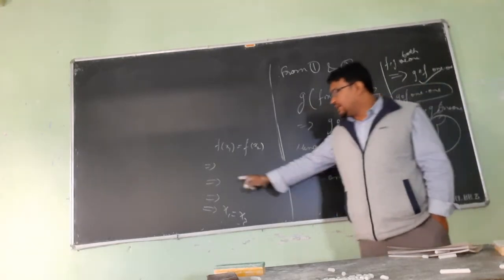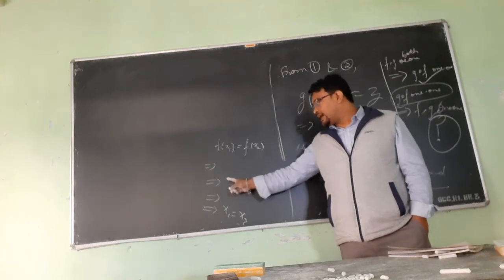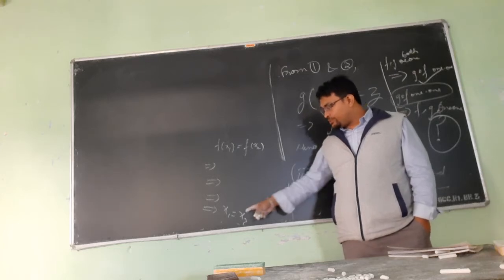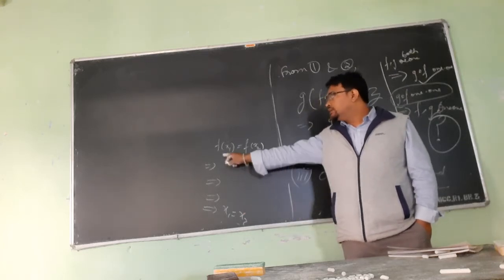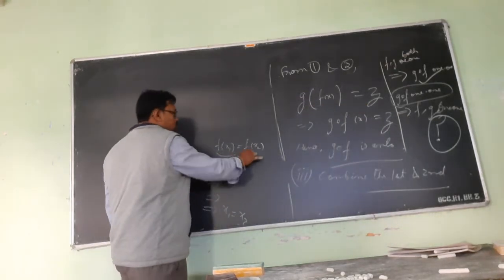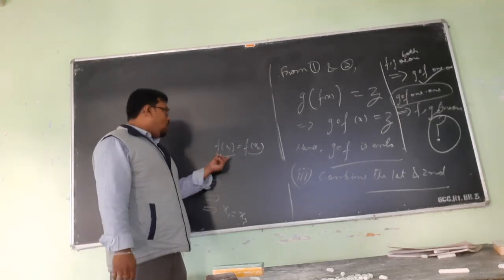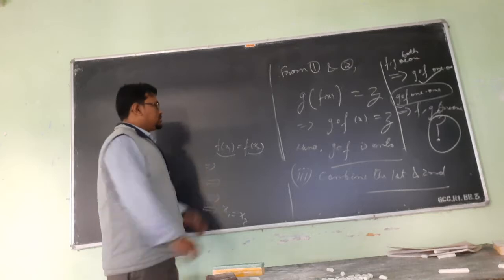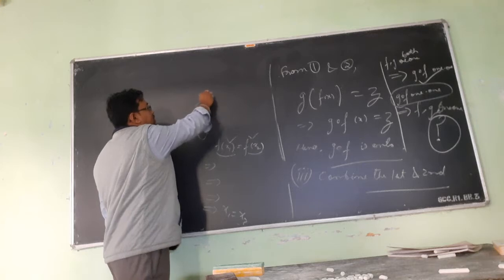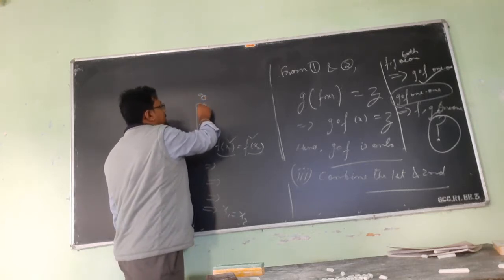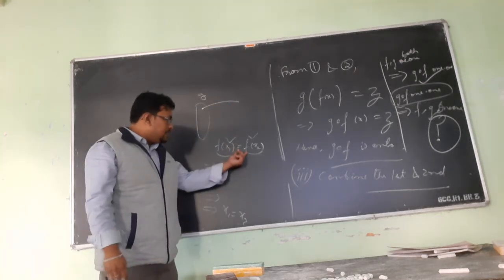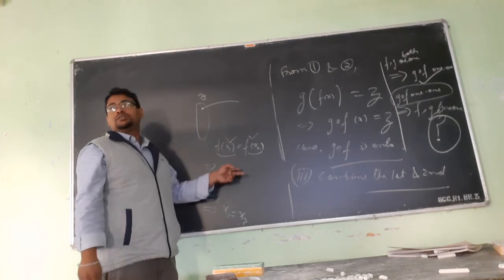So what do I need? I need something like gof here. If I can get something like gof of x1 equal to gof of x2, then I can say x1 is equal to x2. Can we bring g here? Yeah, we can apply g on both sides. Means we can take the image of these two elements under g, because these two elements are equal. Why can we take this? Because g is a function. For each element there is a unique element in the codomain. So two equal elements will always have the same image under g.